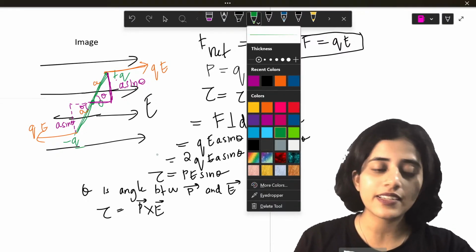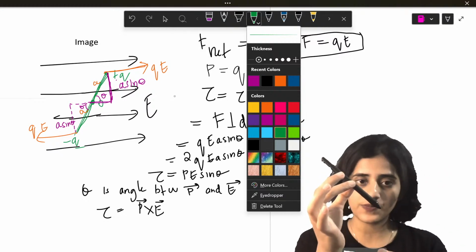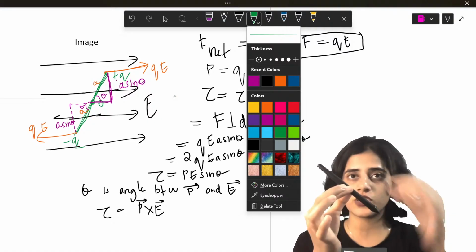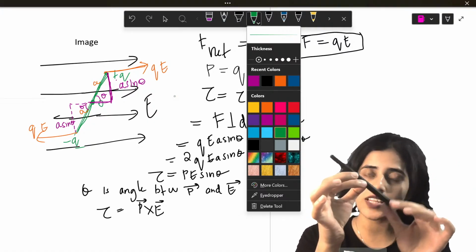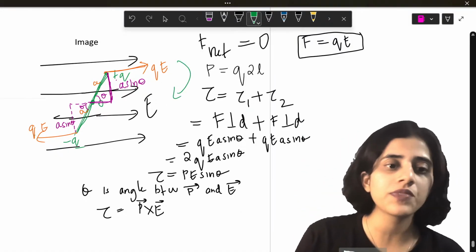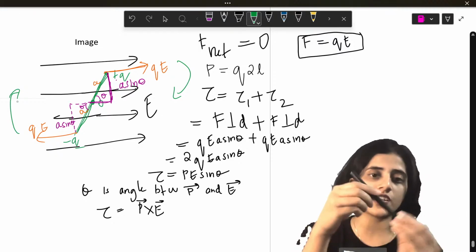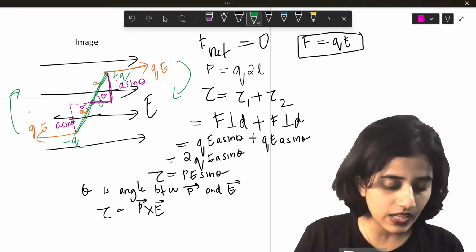So I'll take a green color. Right now, this is how the torque is. This is the dipole. This is the electric field. So it's going to rotate and it's going to do this. In which direction is it rotating? It's rotating clockwise. Here it's rotating this way, here it's rotating this way. It's rotating clockwise. Now if you want to take P cross E,